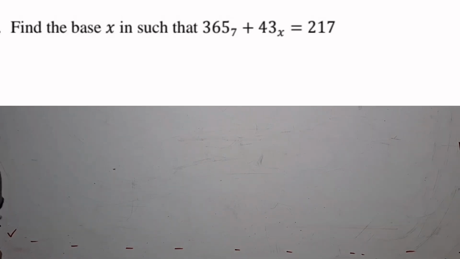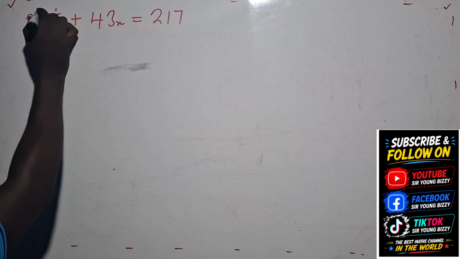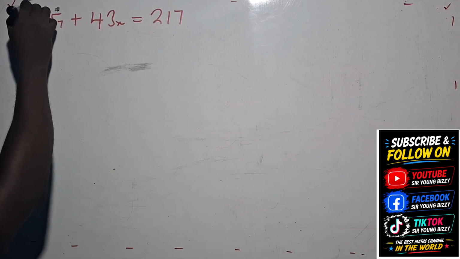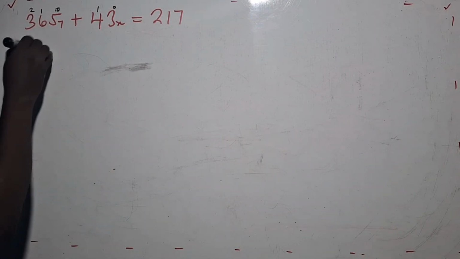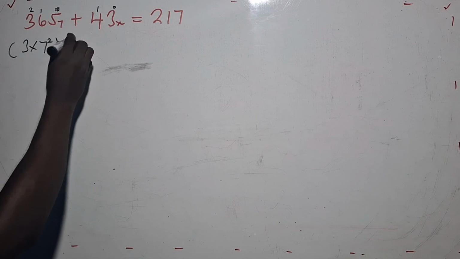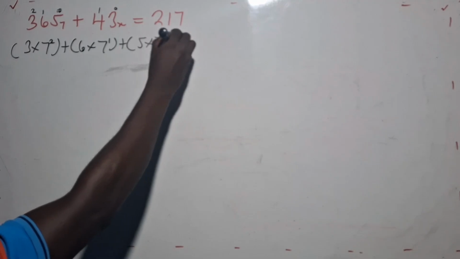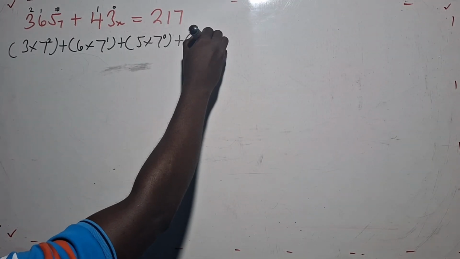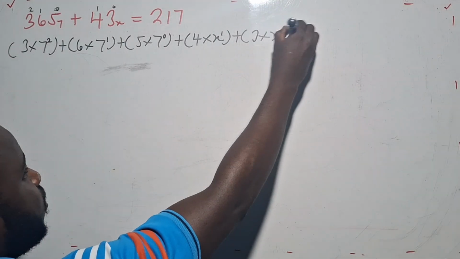So the last question says we have to find the base x such that 365 base 7 plus 43 base x is equal to 217, which means this is in base 10 already. So we don't need to touch it. So let's assign our powers to these ones: 0, 1, 2, 0, 1. So this will give us 3 times 7 power 2, 6 times 7 power 1, 5 times 7 power 0, plus 4 times x power 1, plus 3 times x power 0 is equal to